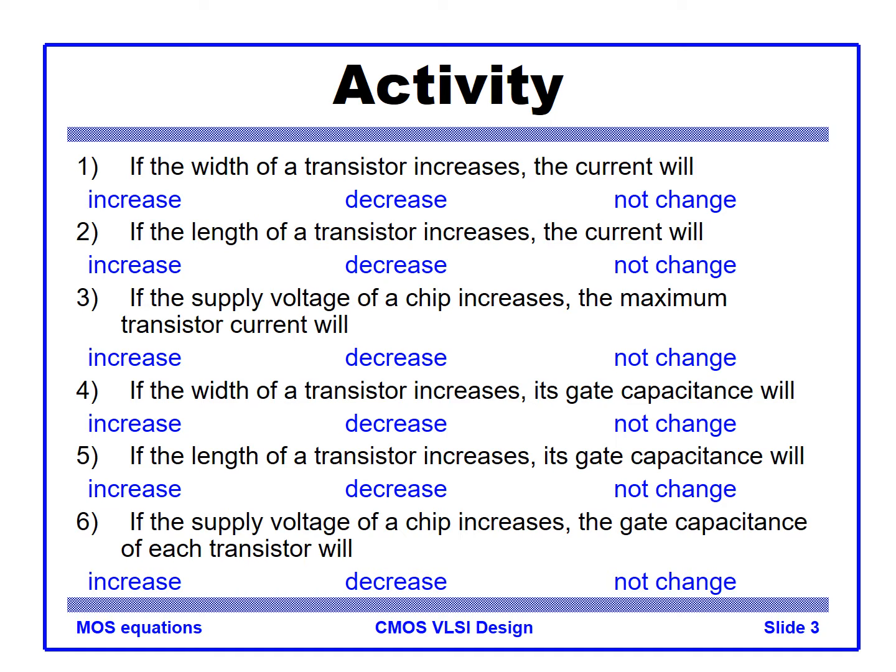Let's say if the width of a transistor increases, the current will increase or decrease. It will increase, right? So we can write down I equal, in saturation, half mu n COX W over L (VGS minus VTH) squared. Or in triode region, we can write down, in triode,